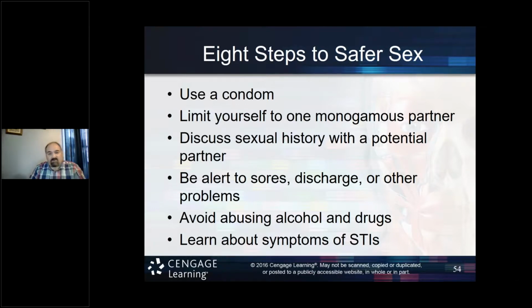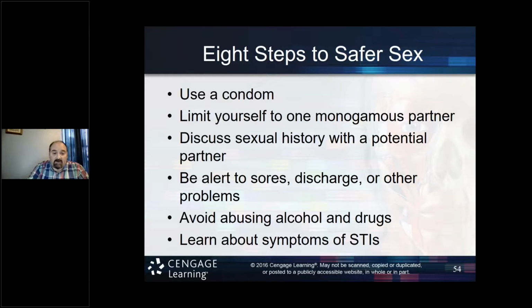And so again, if you're having other types of relations where other parts of your body are involved and they're not protected, this can be an issue. Just because something is in a different area doesn't mean it's safe, and we all know this, right? But to be able to educate and help people in our family and our children to understand this better, information is important, and information is power.